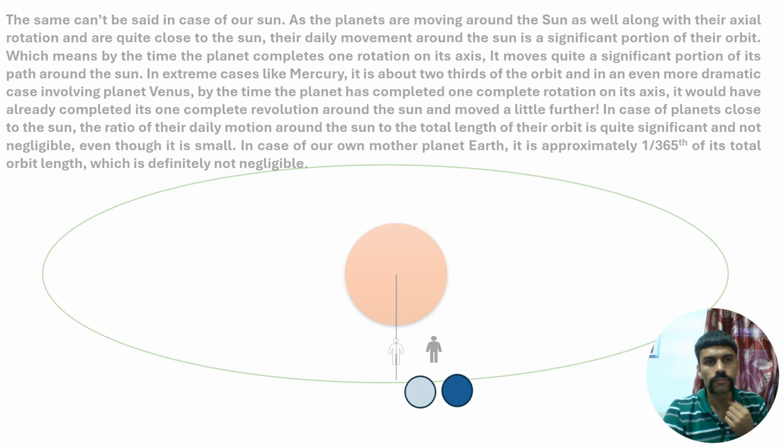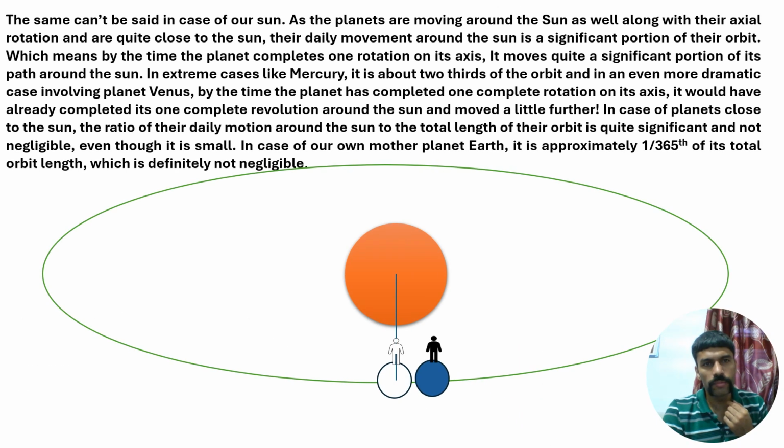The same cannot be said in the case of the sun. As the planets are moving around the sun as well as along their own axis of rotation and are quite close to the sun, their daily movement around the sun is not a negligible portion of their orbit, which means by the time the planet completes one rotation on its axis, it moves quite a significant portion of its path around the